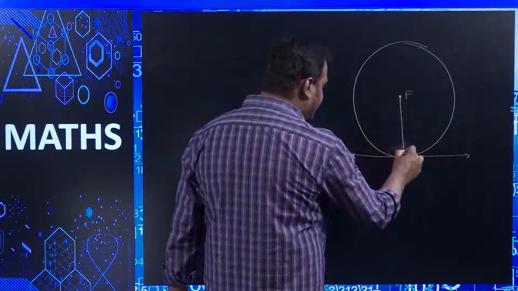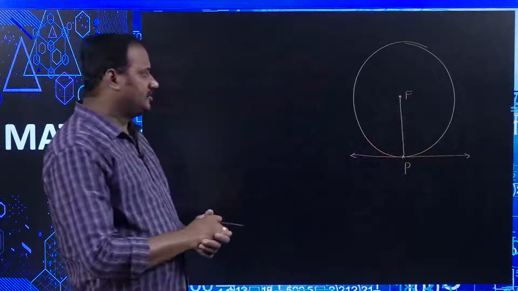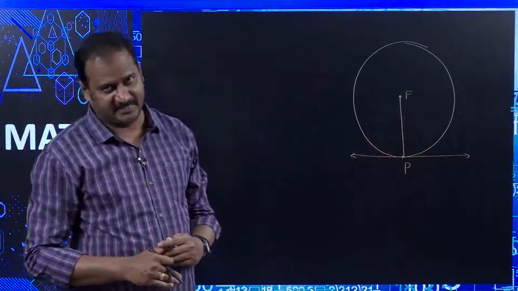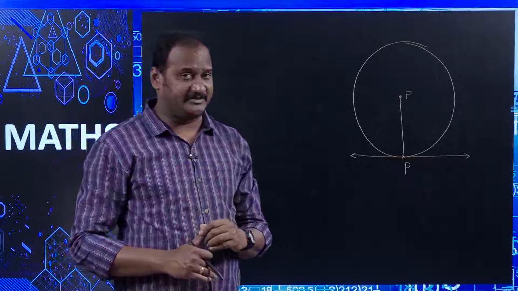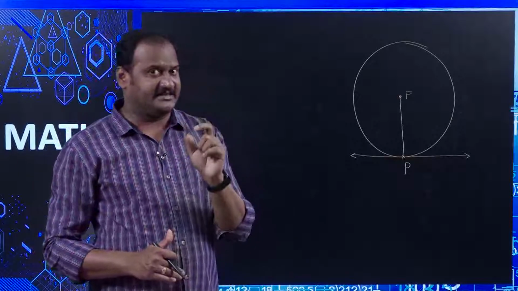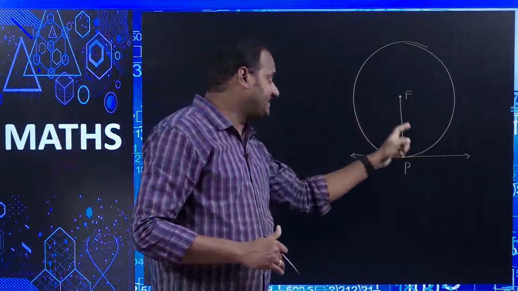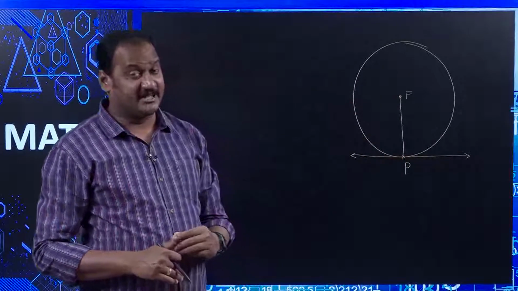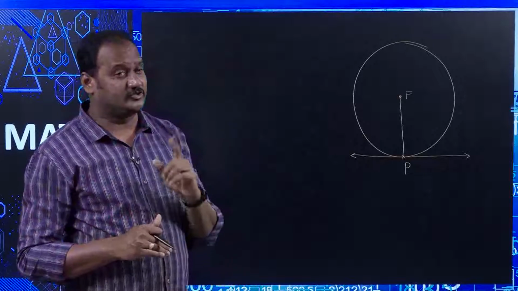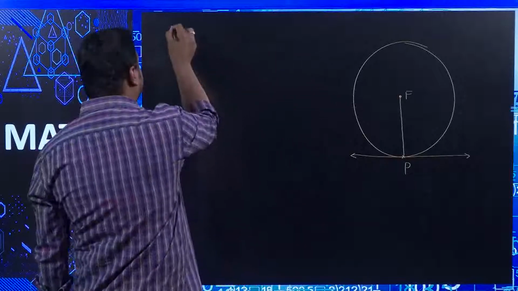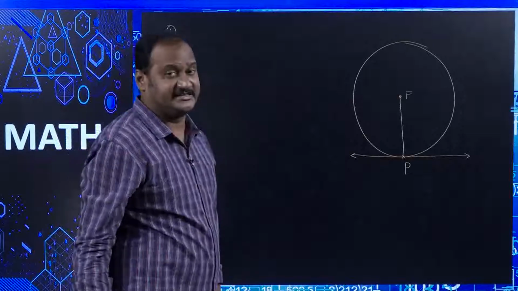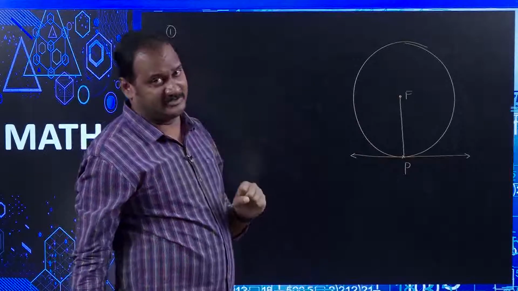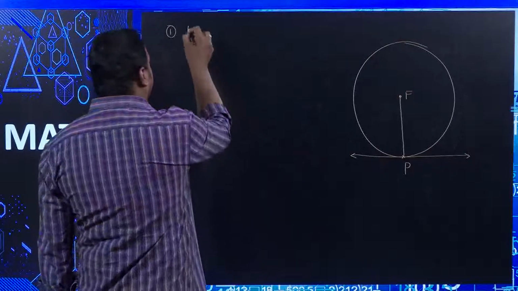Now, I am going to join P and F. When I join P and F, I just want to know whether FP is perpendicular to the tangent or not. That is the very first thing that we are going to discuss here: the tangent is perpendicular to the radius through the point of contact. That is the very first property of a tangent of a circle, right. And of course, this is a very important 4 marks problem also. What is that? Prove that